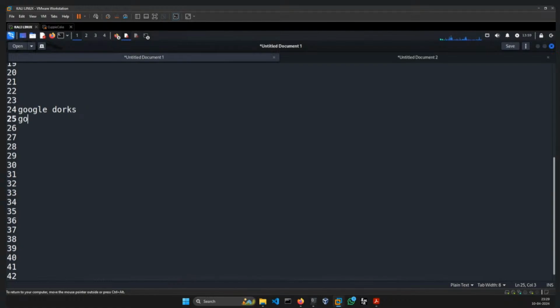Then we covered the Google Hacking Database, right? After that we covered advanced searches using Google, so advanced image search and advanced reverse image search, right? Then we have seen the FTP